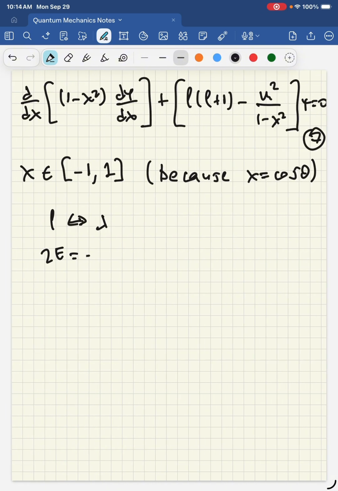And 2E is equal to minus m squared. So in our equation 6, set 2E equal to minus mu squared in 6 to get,